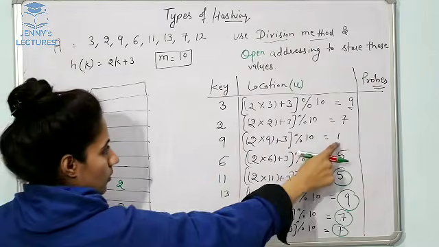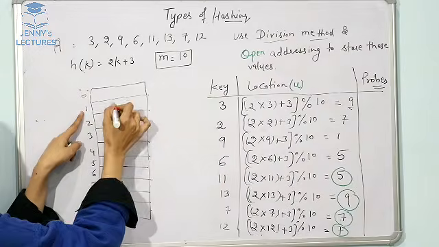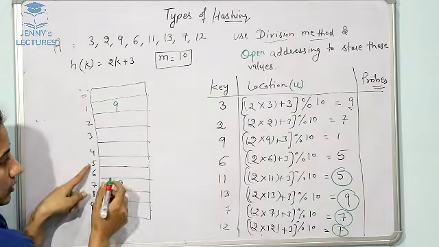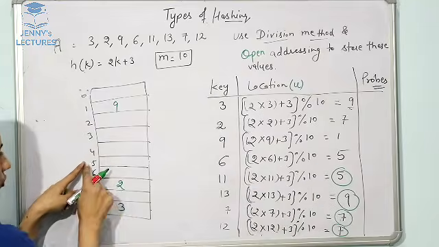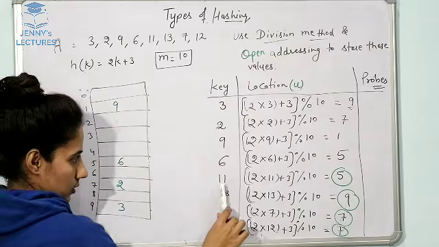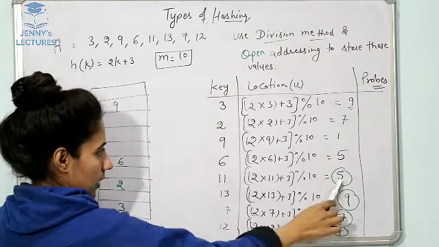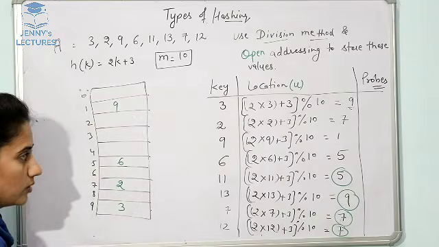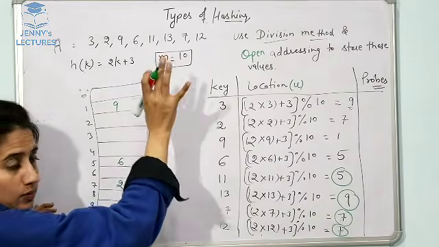9 को आप कहाँ store करोगे? Here at 1th location, here you can store 9. 6 को you can store at index 5th location, here you can store 6. Now problem comes in the case of 11, same hash value is being generated using this hash function, that